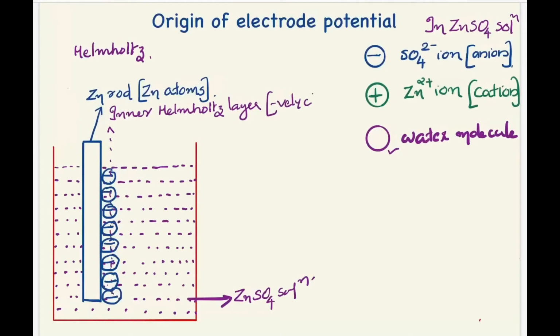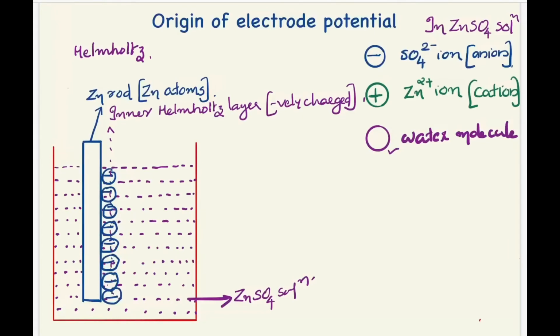And it is negatively charged. Now you got a layer of negatively charged particles. Obviously, that layer will have a tendency to absorb positively charged cations. So in the zinc sulfate solution, we can see we have positively charged zinc ions. So what will happen? Among the zinc ions present in this